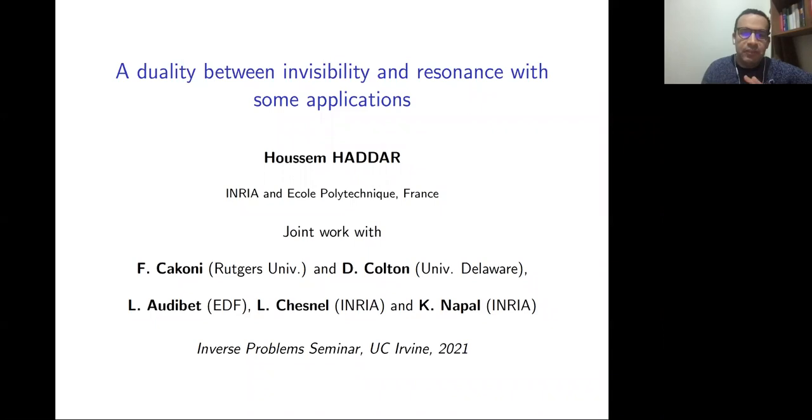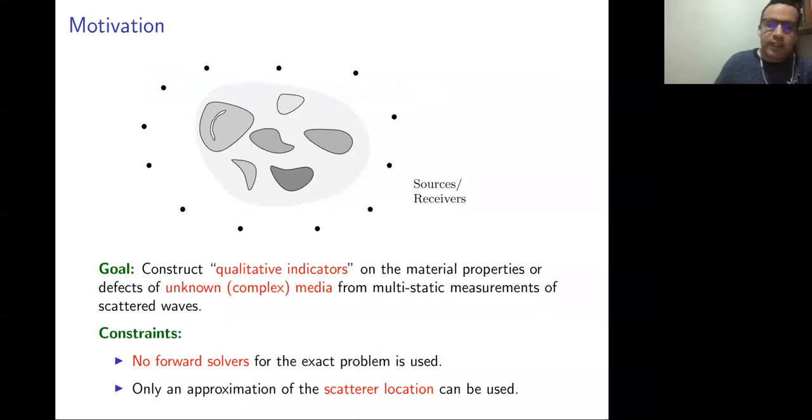So my talk will be divided into three parts. First, some general comments, the motivation behind what I want to present. And then there will be two parts related to the work with these collaborators. Okay, so let me start with some general motivation and context of